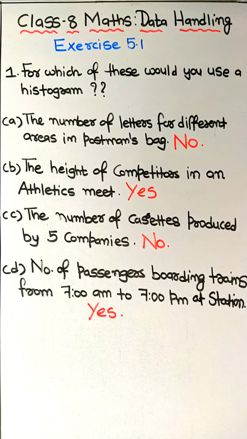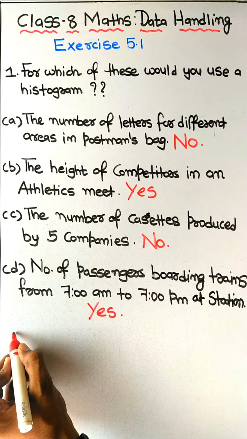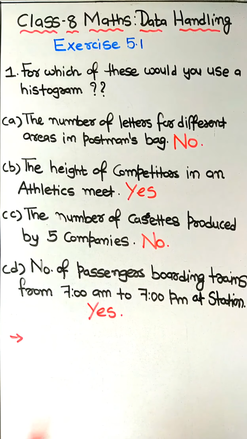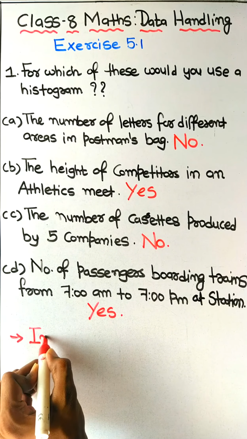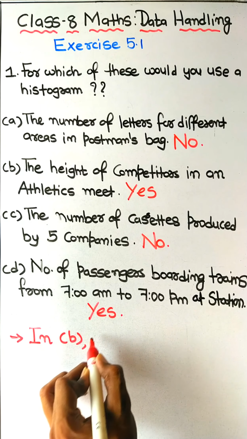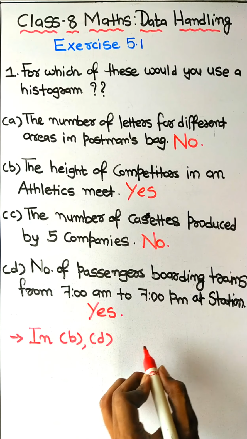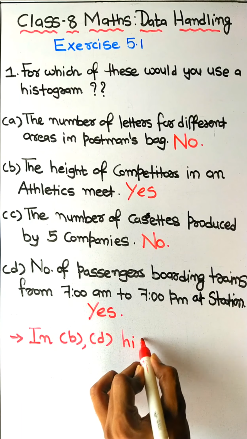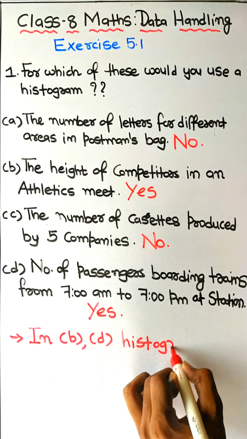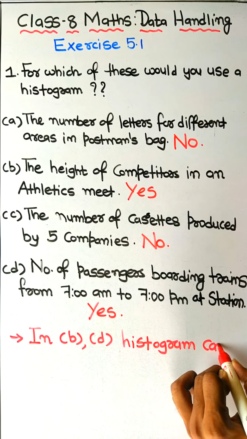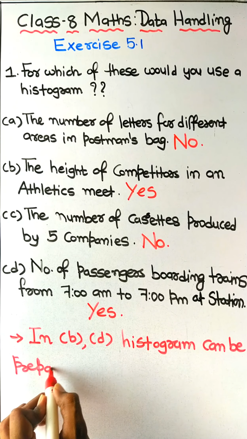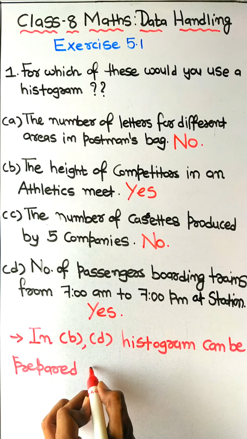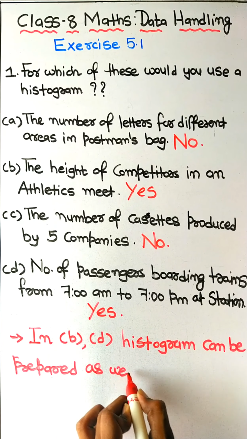So what we will do, I'll write common reasons for why we can prepare the histogram for B and D. So I am writing the reason in B and D. The histogram in B and D can be prepared as we can